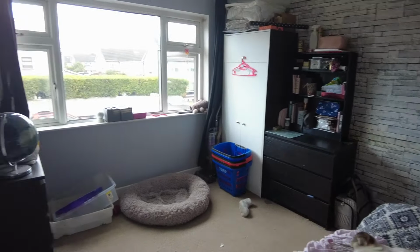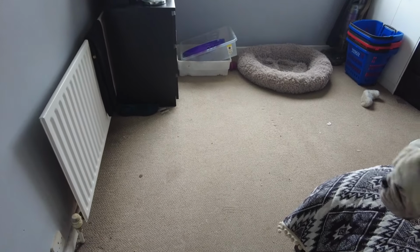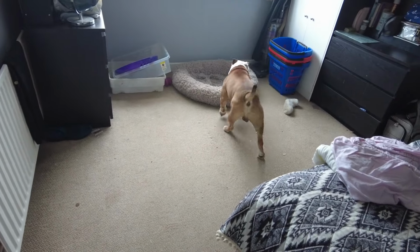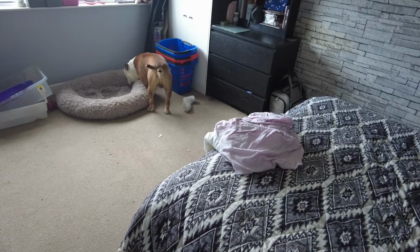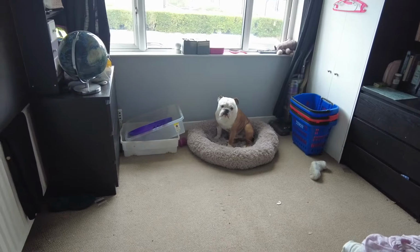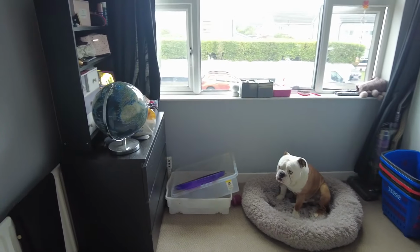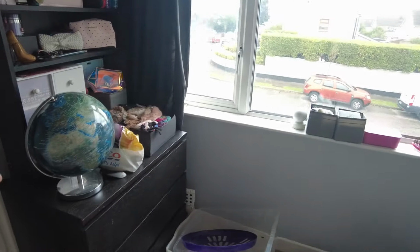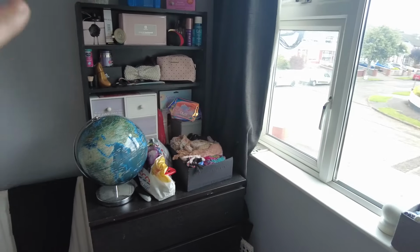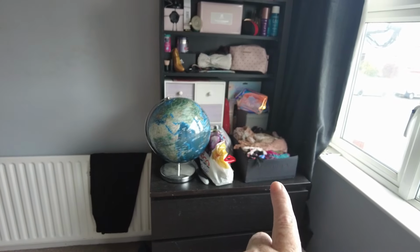Alright guys, so I managed to get my room finished. Now the floor still needs hoovering. Mr. T was up inspecting it. These are my two sheets which need to go under my bed. So I will just give you an overview of the room. So down here I have the book unit. Now it could be arranged better. This is a whole basket of